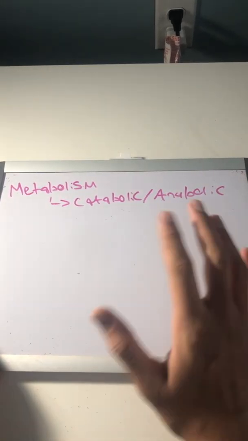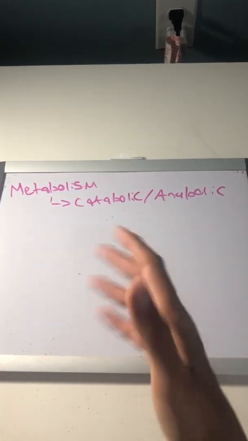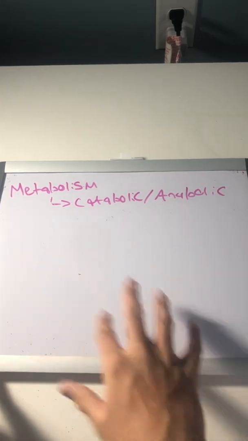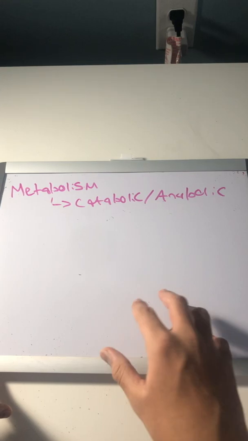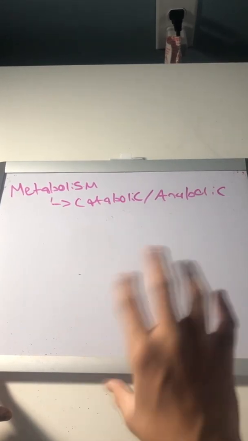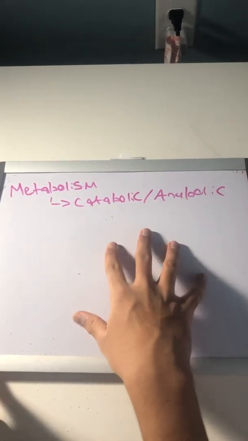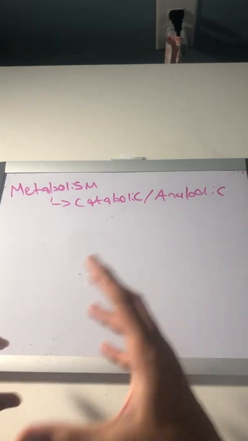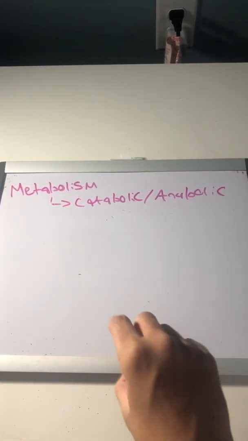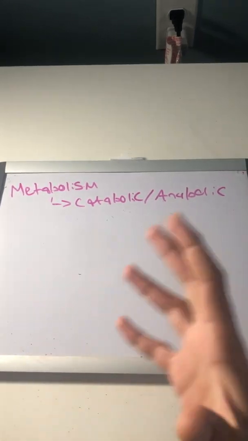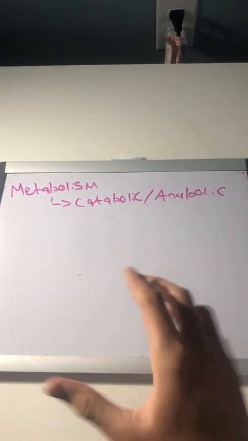Sorry everyone. Today we're going to be looking at the fundamental metabolic pathways within an organism. So every process within our body, every biochemical process within our body is conducted by catabolic and anabolic reactions. Catabolic reactions basically means breaking compounds and molecules and things apart, and anabolic is the opposite of catabolic, which means